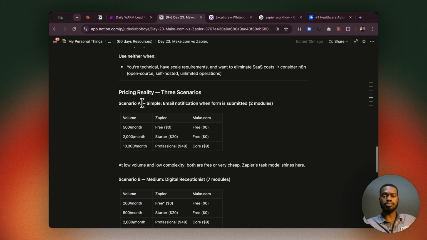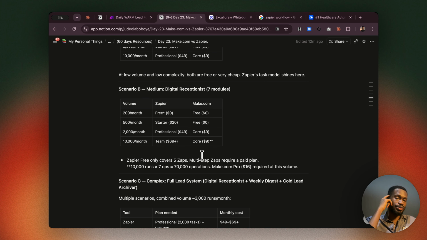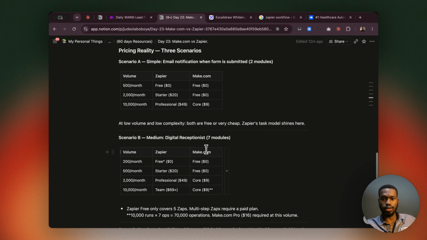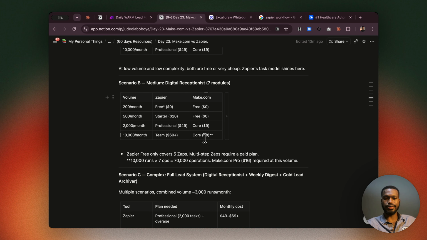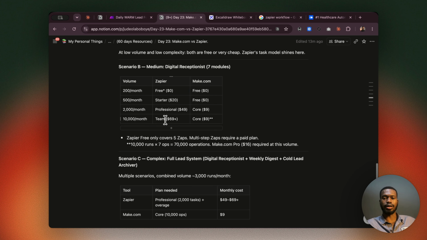And yeah. So when it comes to the pricing, I believe I've already explained this, so I don't need to go further into it. However, this is just a comparison to show you that you have to pay higher prices on Zapier and still stay with Make.com at the same cost, which is just zero. I mean, you can see you have to pay for a starter on Zapier $20 and still use the same thing on Make.com's free plan. And you could see, we just ended this with Make.com's free plan still at $0, and you have to pay for a team to have that same amount. So you can see the difference. To be honest, I still prefer going for